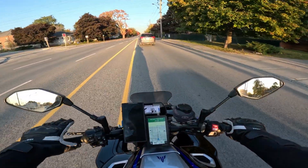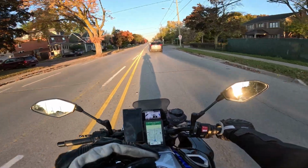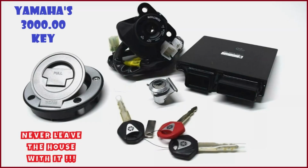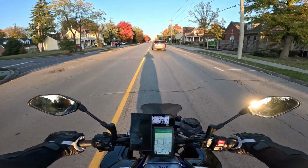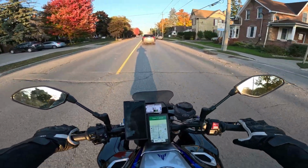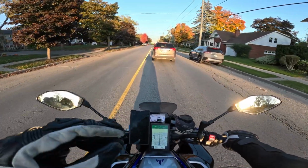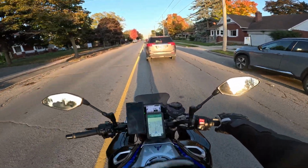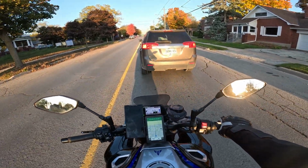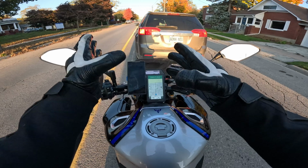Well, this key costs so much due to the fact that it is connected to multiple products on your bike. One, the most expensive thing being the ECU, right? Without the ECU, there's no key. Without the key, there's no ECU. It communicates to each other saying that yes, this key or these keys that are cut to it with the chip programmed are for this ECU, which is for this motorcycle. So that's first and foremost already the biggest cost, and then you still got the other little components